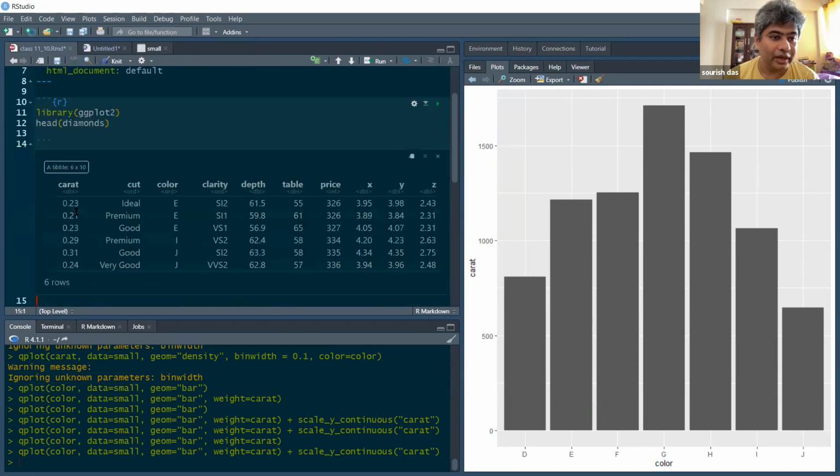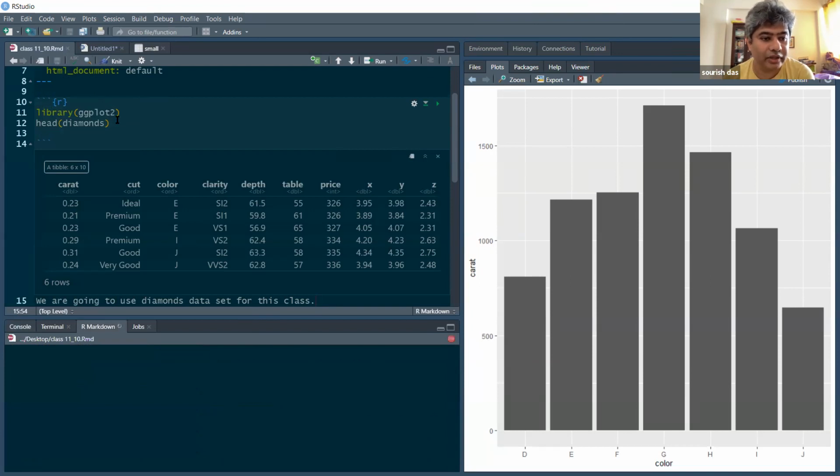Say we are going to use the diamonds data set for this class. And then if you compile this neatly, you can go to a neat PDF or neat HTML, anything is fine.